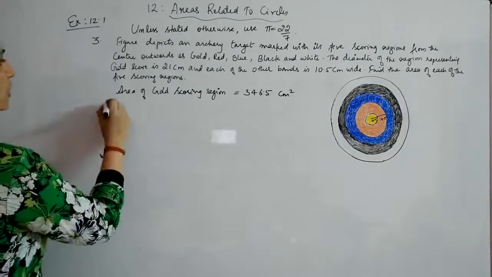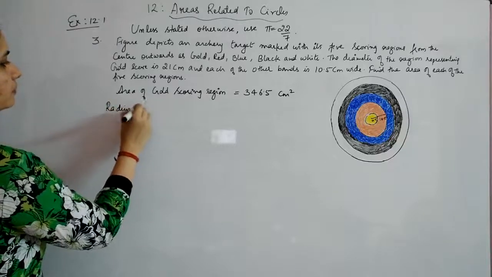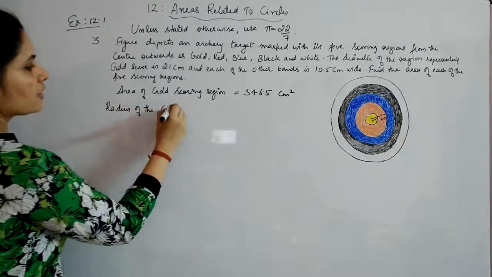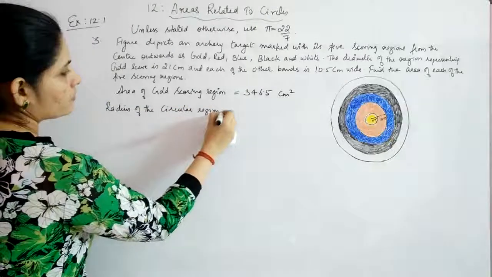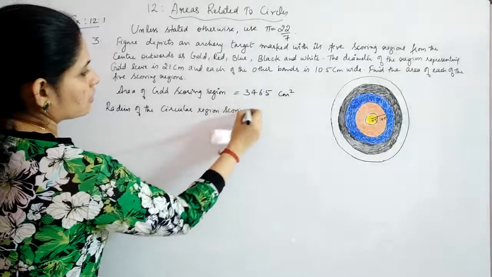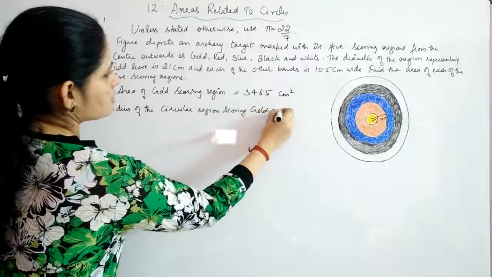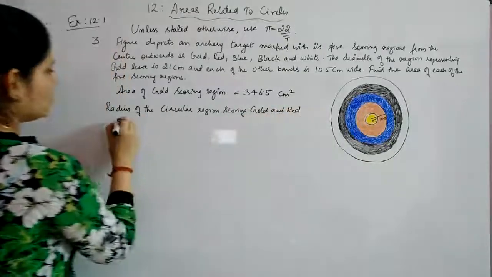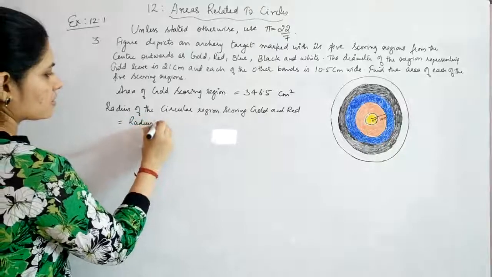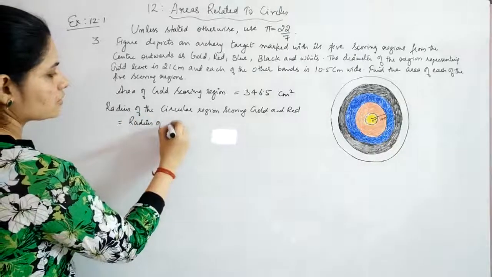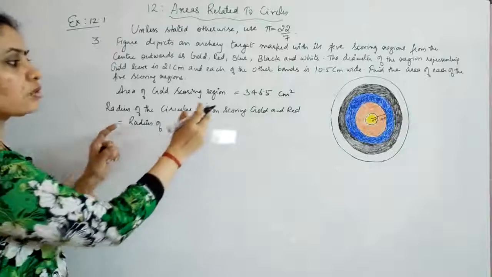Okay, so the radius of the circular region scoring gold and red will be equal to the radius of the circular region scoring gold